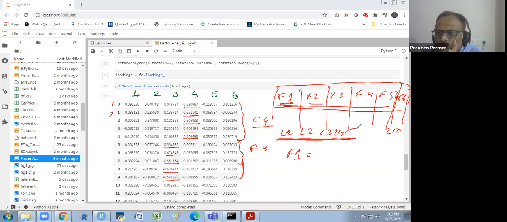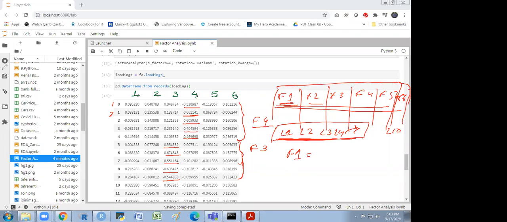Sometimes we do this in predictive analysis also. If in predictive we have so many variables, 140, 150, 200 variables, then we try to see whether we could do the factor analysis or not. So we combine a few variables.